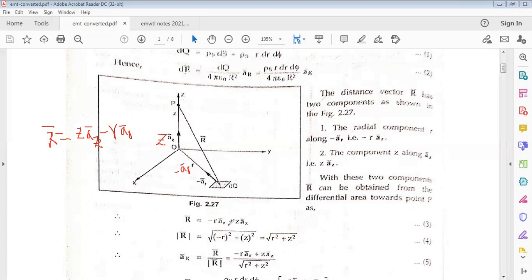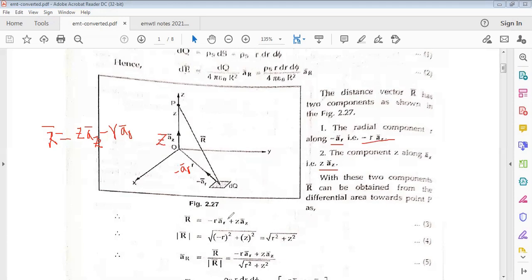Now the R bar is equal to Z into AZ bar minus R into AR bar. The distance vector R bar has two components as shown in the figure. The radial component of R is along minus AR bar, that is minus R AR bar, and another component along the Z direction is Z into AZ bar. With these two components, R bar can be obtained from the differential area towards the point P as